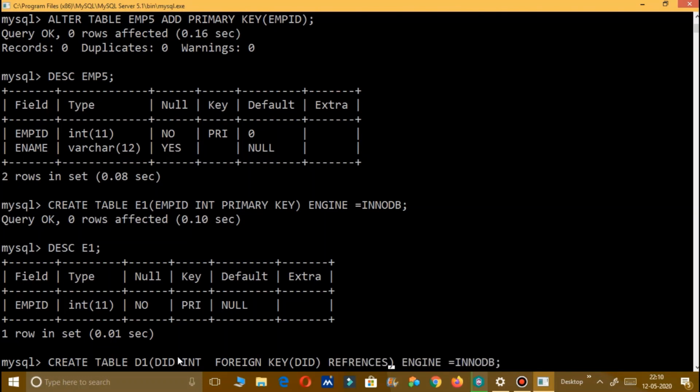This is the keyword that is actually connecting it with my parent table. It is connecting DID with the parent table, which is E1, REFERENCES E1, and the primary key of this table is EMP ID.